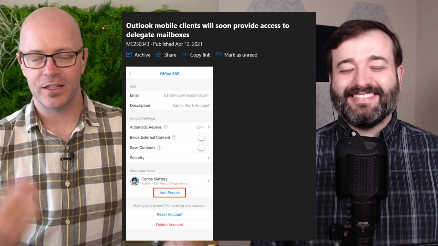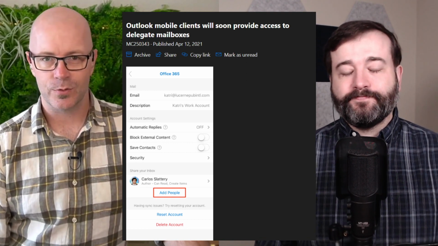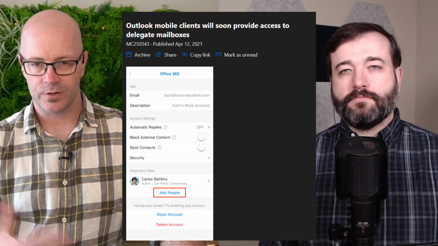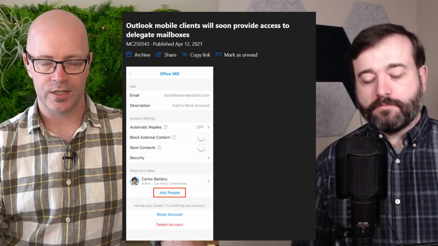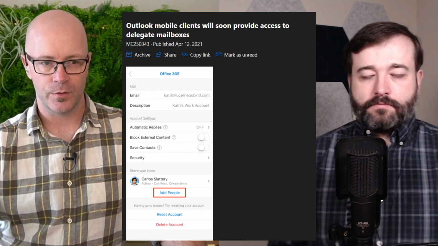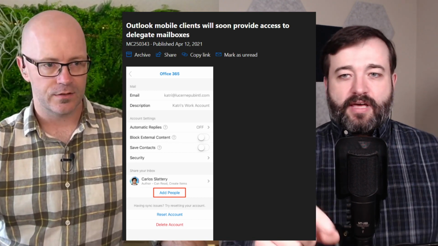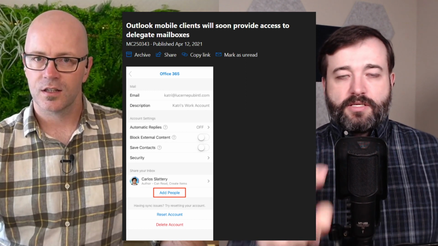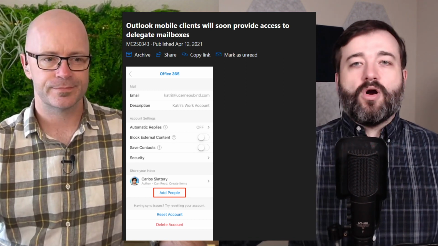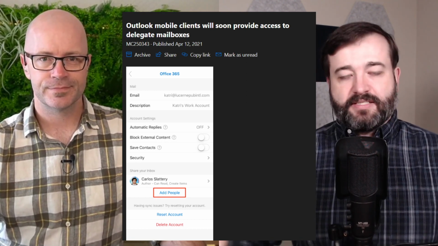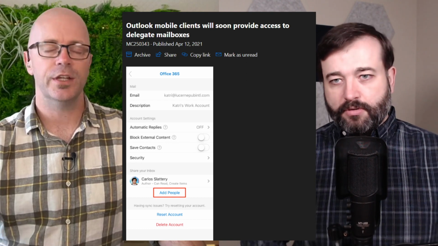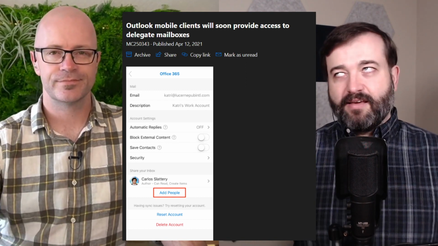Yeah, but that sort of scenario, if you're working together as a team and sharing a mailbox or you need to delegate your own and work together, you can do this now from your mobile. I think that scenario you just talked about is important, but also now we're able to see the mailbox that is delegated to us on our mobile. I think the other important